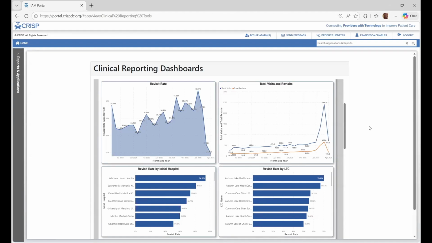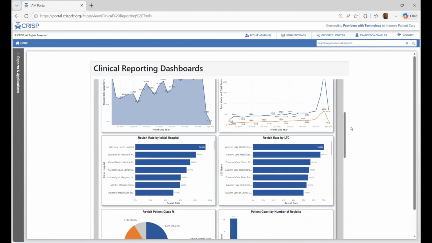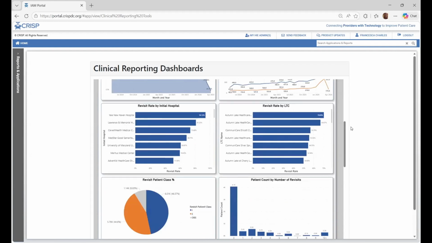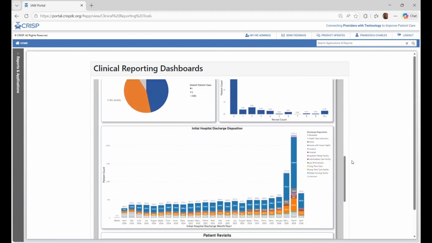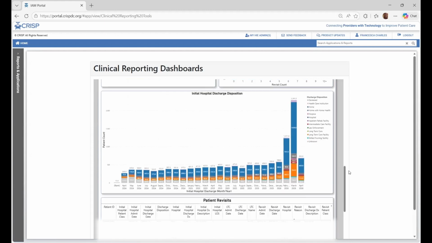The revisit rate by initial hospital and the revisit rate by long-term care facility charts allow users to identify the rates by initial hospital as well as long-term care facilities. And the initial hospital discharge disposition will provide details on the disposition of the beneficiary once discharged from their initial